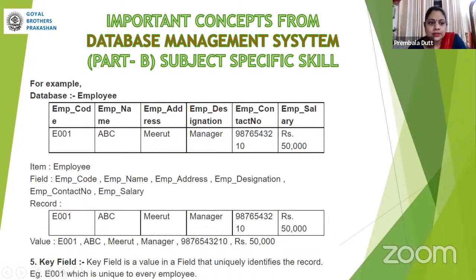The field is this, and the record is one complete row holding the data of an employee. For example, E001 ABC. Here in a horizontal row, you could see this is a complete row, and this is called as one record of the employee. Next is